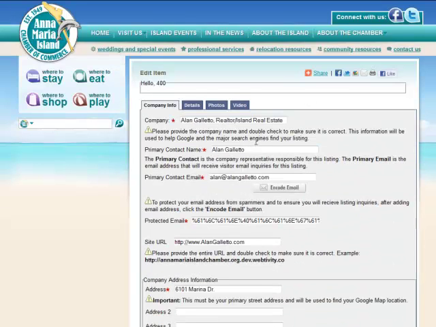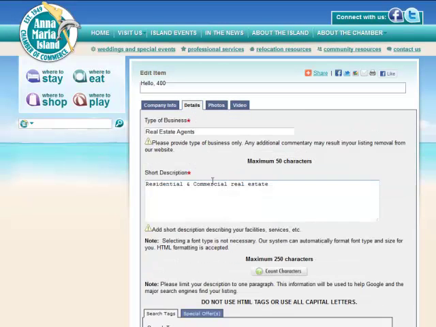So I'm going to scroll up and show you the details tab now for this listing. You're going to check the business. This shows, and then the short description shows in the basic listing. So right now it's just a standard residential and commercial real estate. That's a little too simple of an explanation for this business, and most businesses will find they'll want to communicate